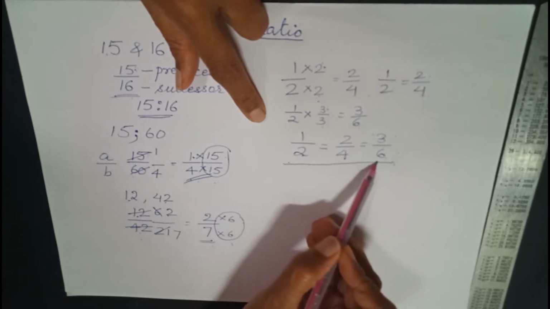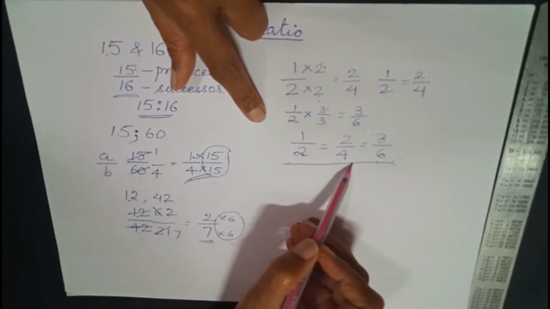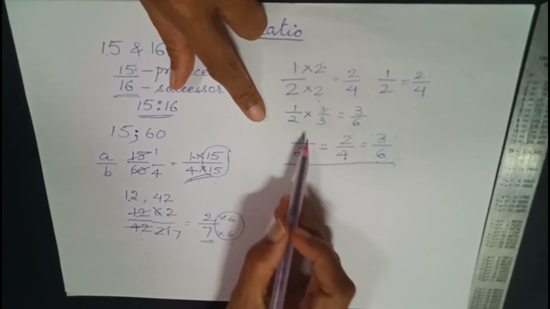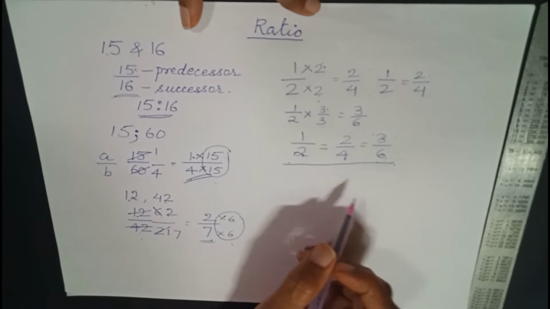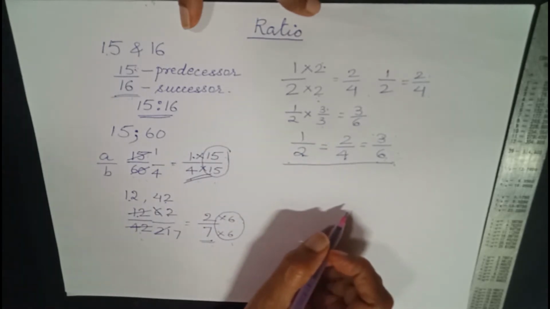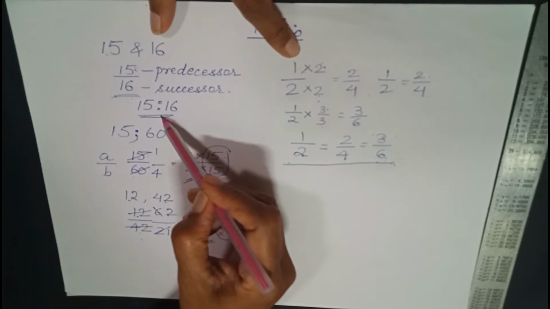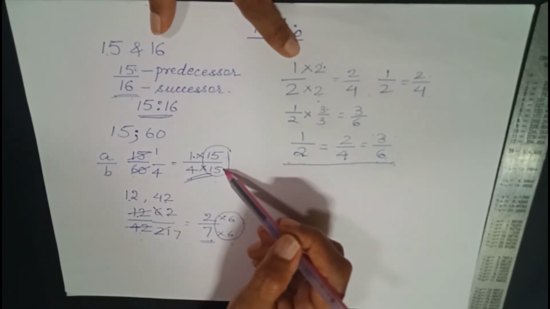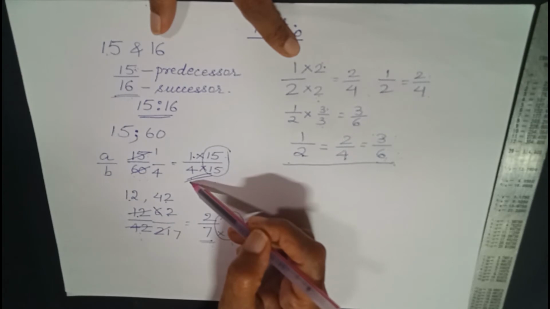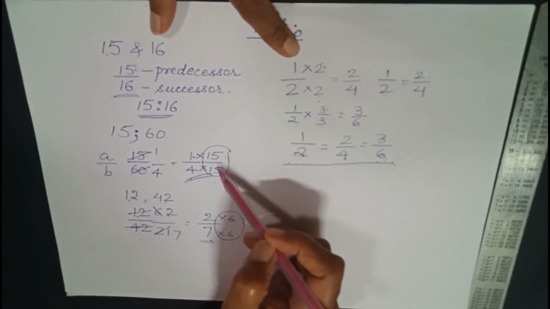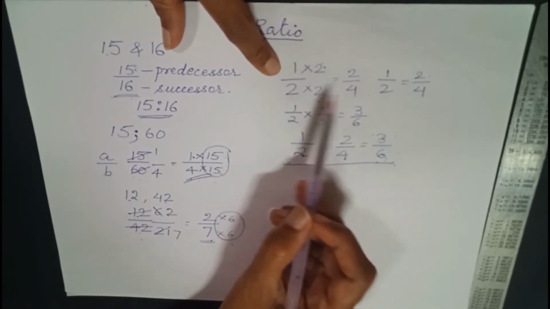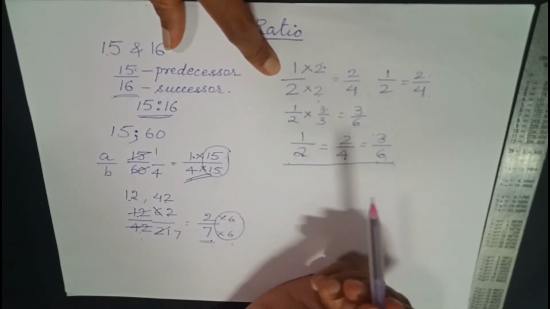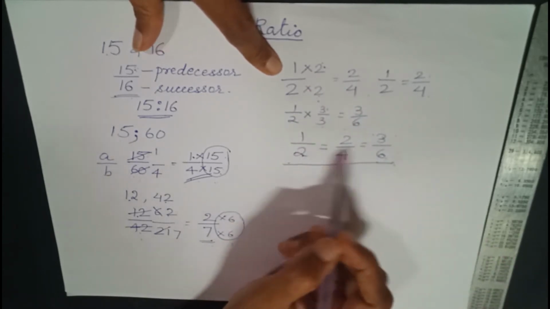You can see all these three ratios have the same value, which is 1 upon 2. So the value doesn't change when you multiply the numerator and the denominator with the same number. So this is the second property of the ratio. The first one was the reduced form, that is, you remove any common multiple if possible to get the reduced form of the ratio. But you should take care that the common multiple is present both in the numerator as well as in the denominator. The second property was that if a ratio is multiplied by the same number up and down, it doesn't change the value, right? The value will remain the same.